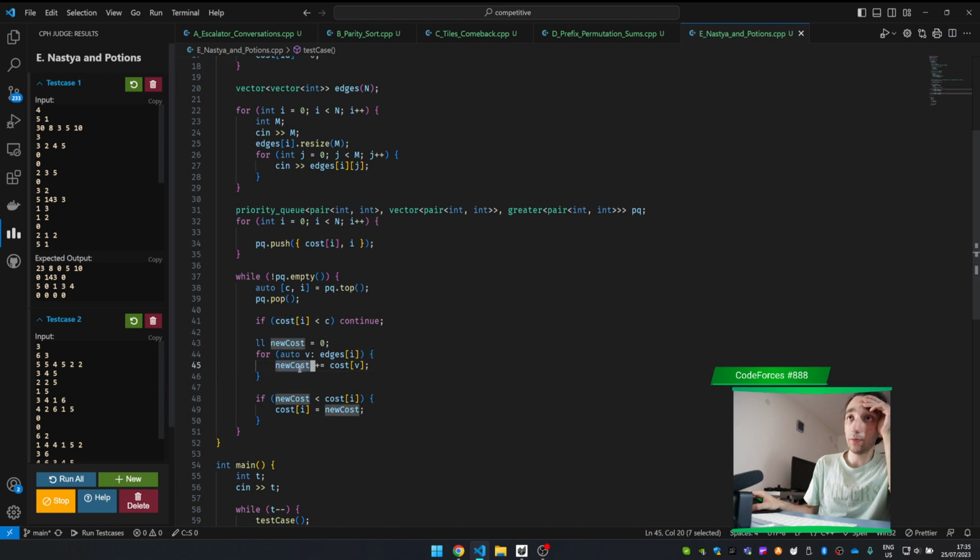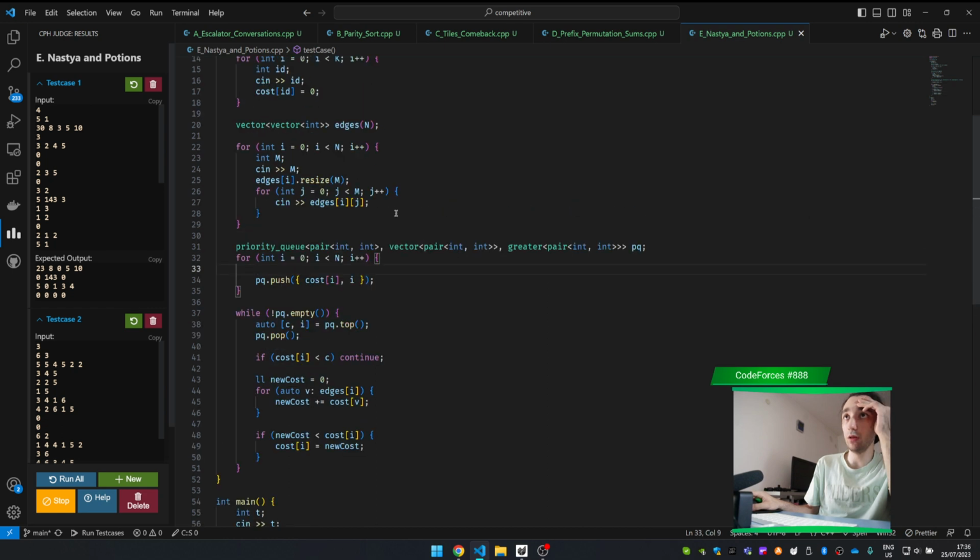I will get myself a new cost, right? So this here gets myself a new cost. And all of them that actually like make the cost smaller, so